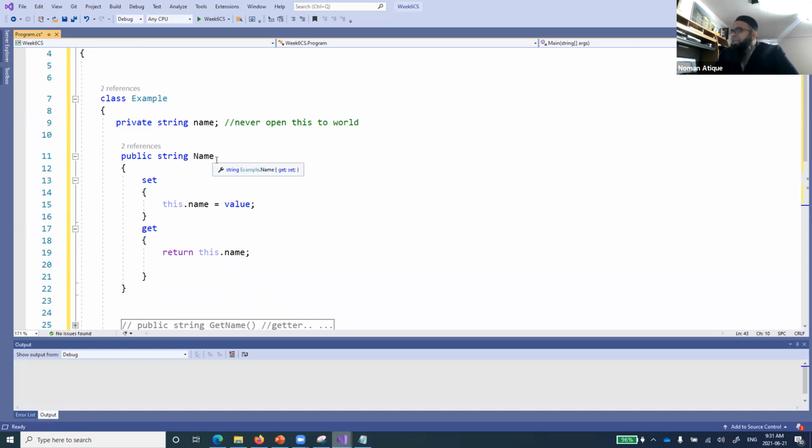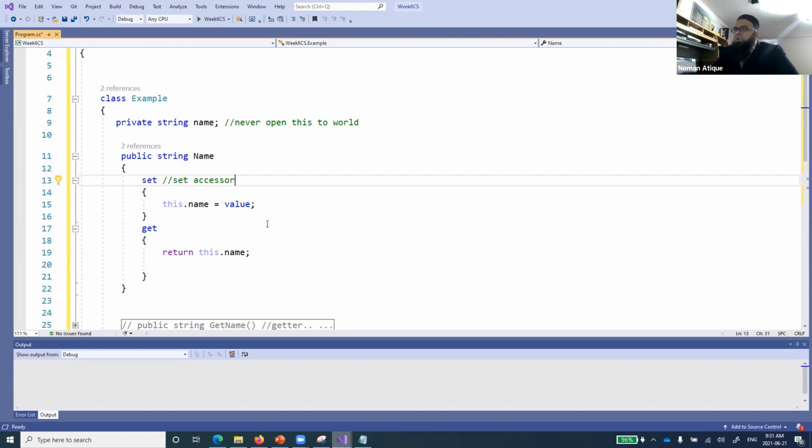His name is Name. And what I've done is define a setter, like set value over here. This is called the set accessor, and this is called the get accessor. So I've defined a set accessor, and I said that whenever this property is called, whatever value has been provided to it, we just provide this with that value, right?